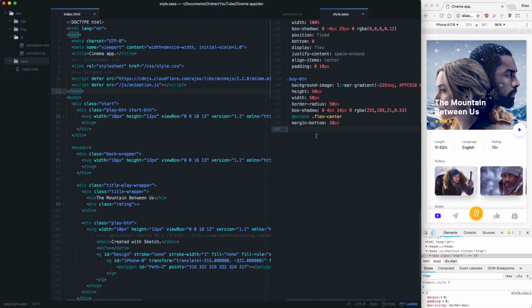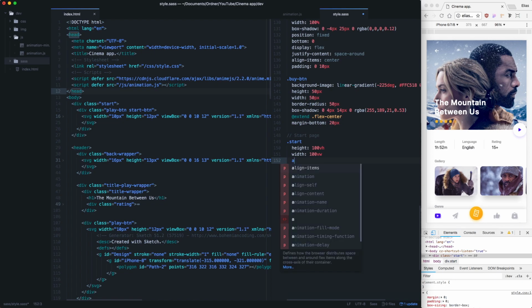Nothing happens, of course. Let's see. Call this start page and .start. It will be a height of 100 viewport height units with 100 viewport width units, because we wanted to cover the whole page, or the whole screen rather, and it needs a background color,